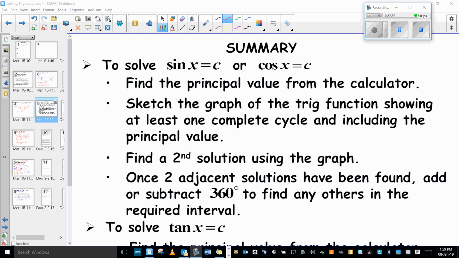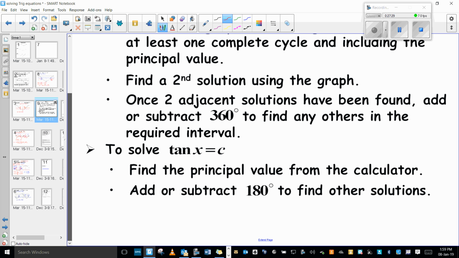For the tan, you're going to do the principal value from the calculator, and then you'll add or subtract 180 to find other solutions. Okay, so it's not too traumatic, hopefully. That's if they're in degrees. Obviously, if they're in radians, you would be adding or subtracting pi or 2 pi. Okay? Right,